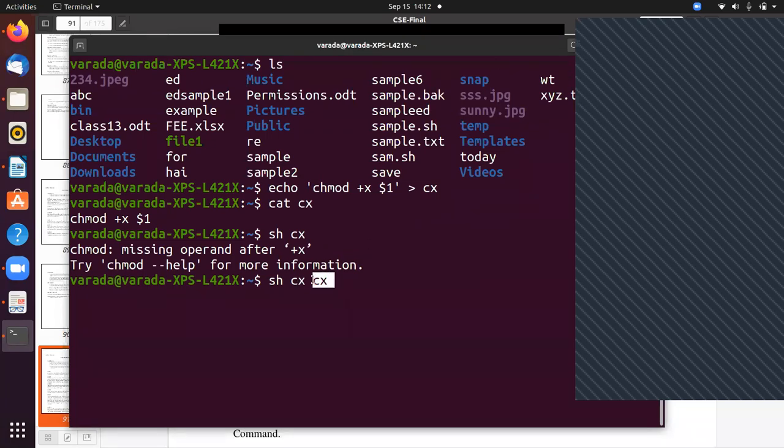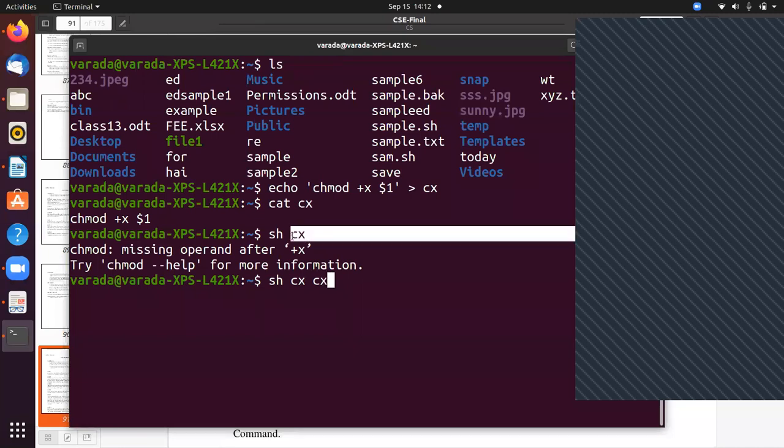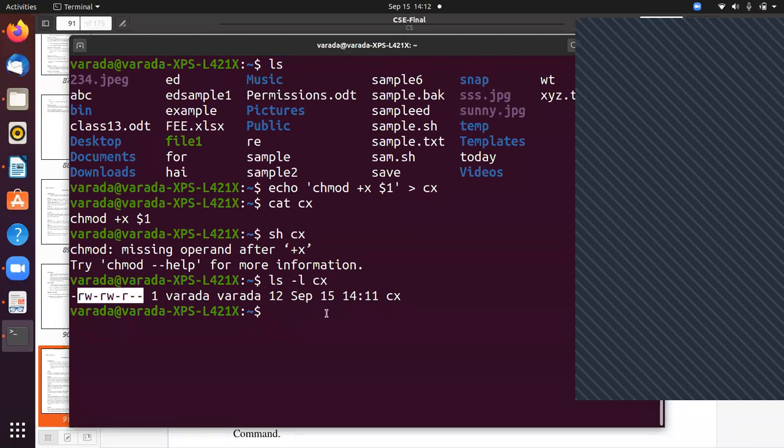So here you have created one cx file, the cx command. For the cx file, first you can check the permissions with ls -l cx. So these are the default permissions. Now I am going to grant execution permission for this cx.